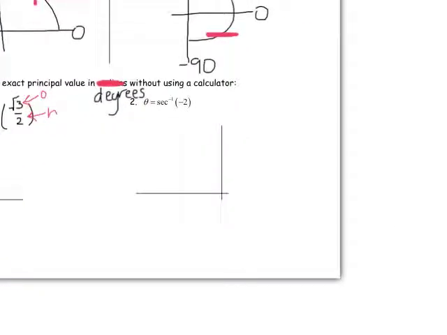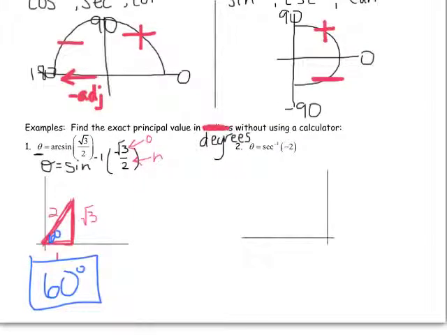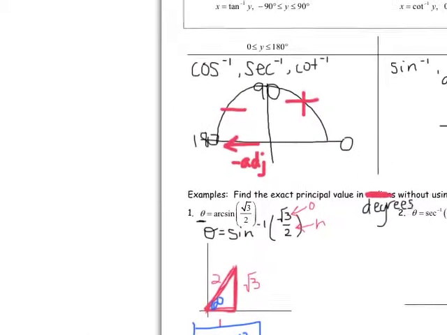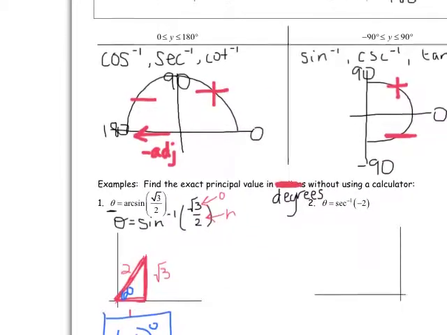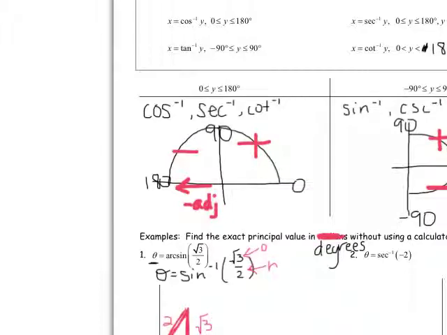So theta equals secant inverse of -2. So for this problem, secant inverse of -2. Now that you see a negative ratio, you really have to come back up here and say, well, when I have negative ratios, I'm either going to be in quadrant 2 or in quadrant 4. You got to know which one is which. So I actually have a saying for you to remember this, because otherwise you just got to memorize this. And memorizing is just the worst way to go. So my saying is, for cosine and secant and cotangent,